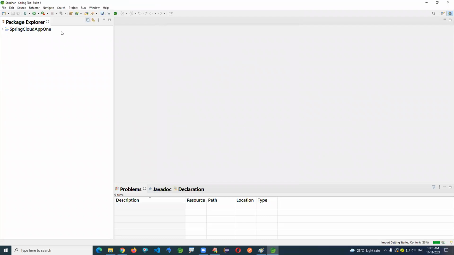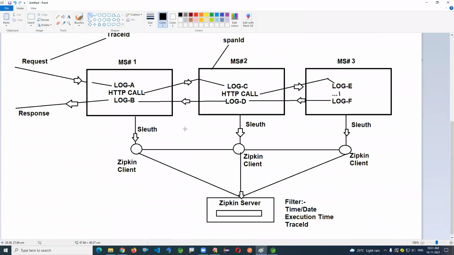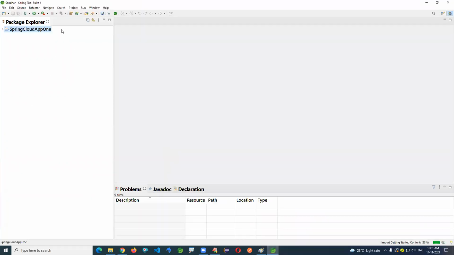At least create two applications minimum to find out the path. At most, your wish. I'm just creating three applications here. First, you write a simple requirement. If you want, you can take Eureka server, config server. I'm trying to keep this application in a simplified manner.